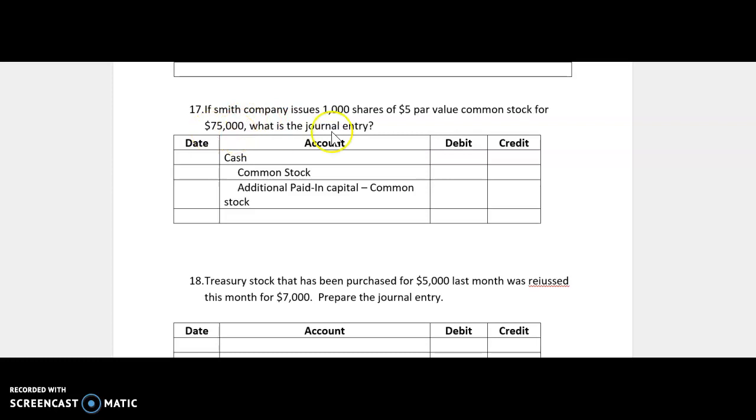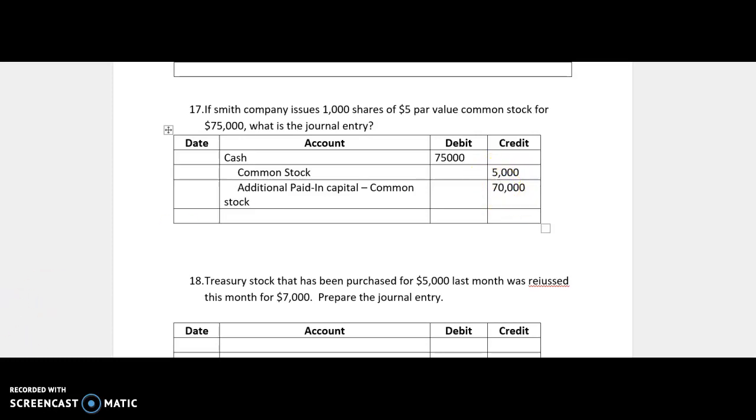Okay, so here it tells you the exact amount of cash you got. So we're going to debit that for $75,000. And then common stock, we're going to credit it for the par value times the number of shares. So 1,000 times 5 would be $5,000. Okay, so the remaining in excess of par is going to be your $70,000. So this is the cash you got, this is the common stock capital amount, and then this is everything over